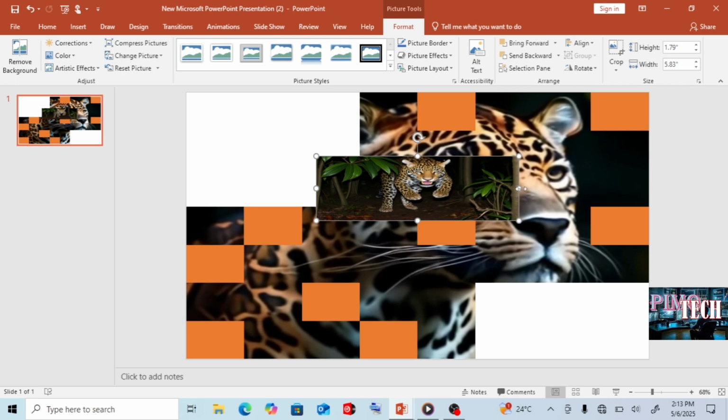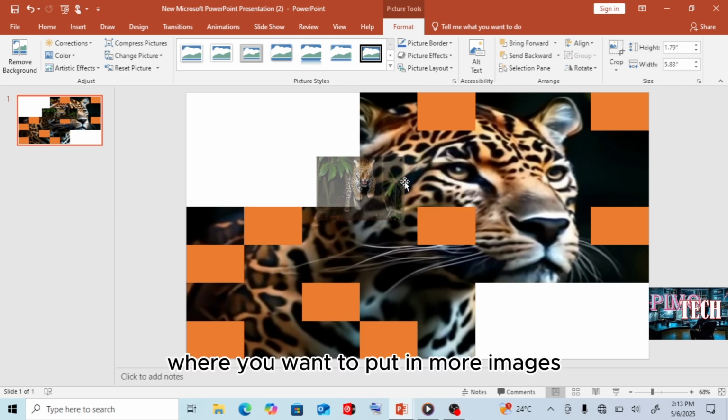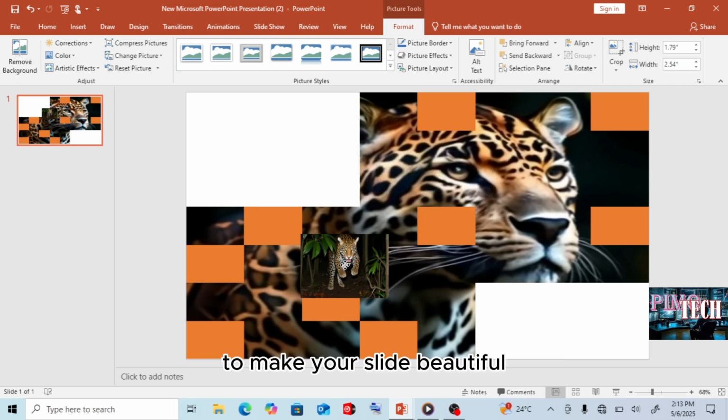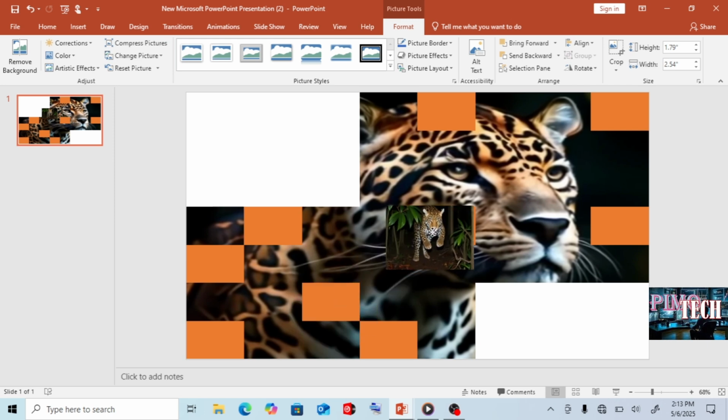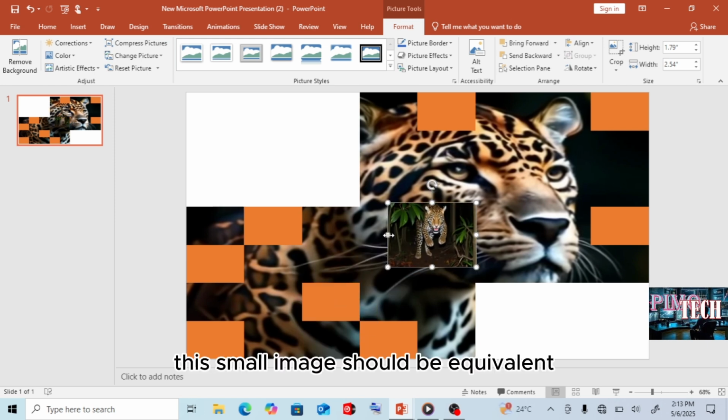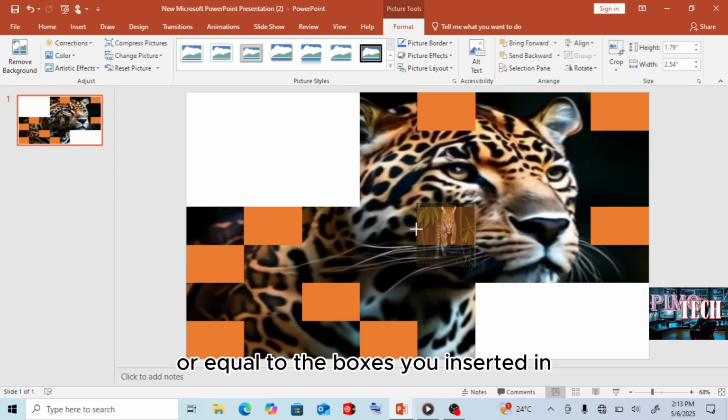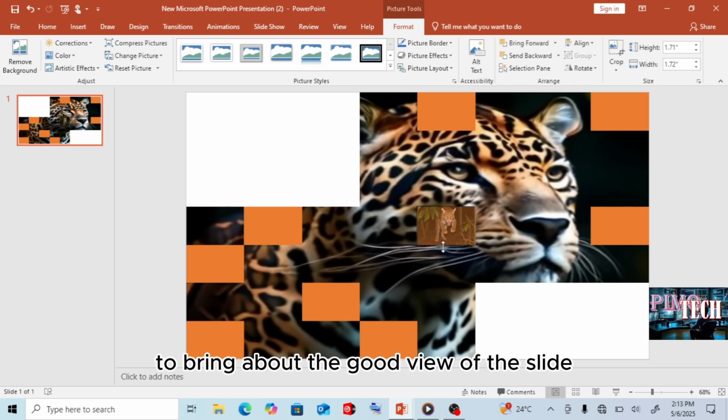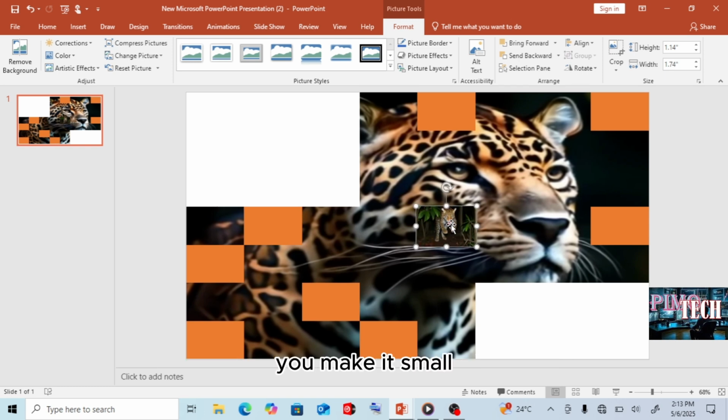So at this level where you want to put in more images to make your slide beautiful, this small image should be equivalent or equal to the boxes you inserted to bring about a good view of the slide. You make it small.